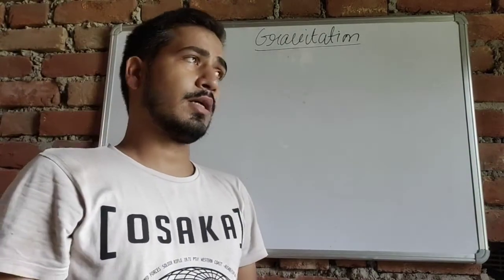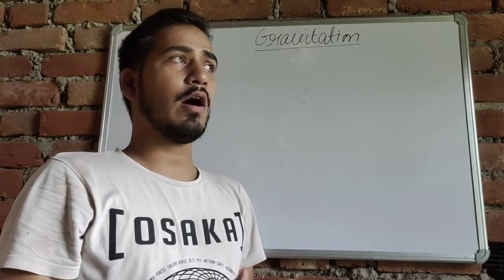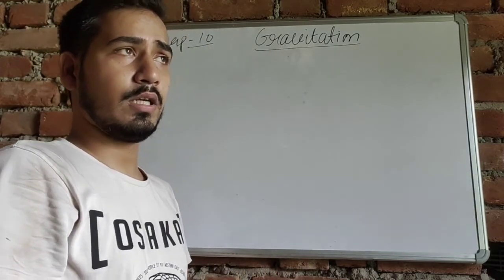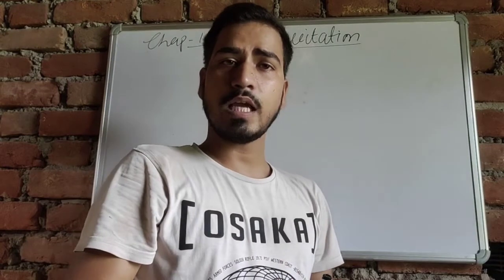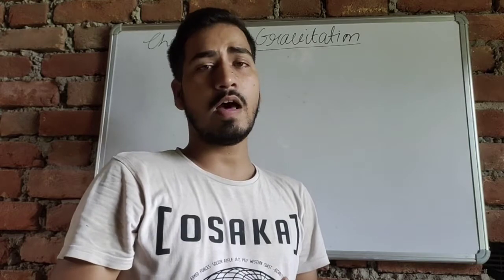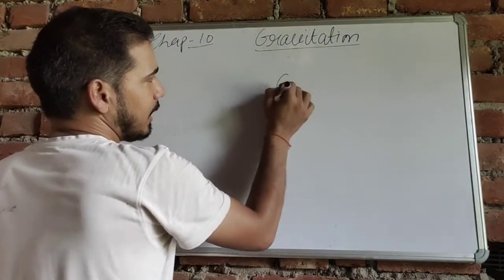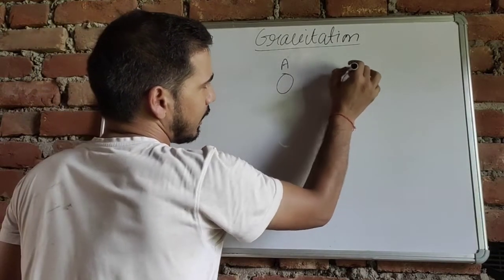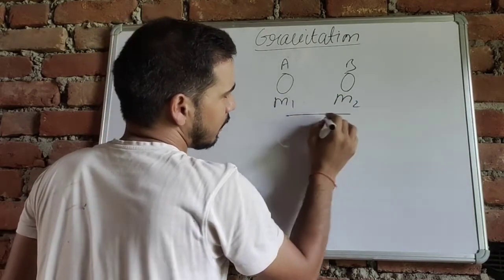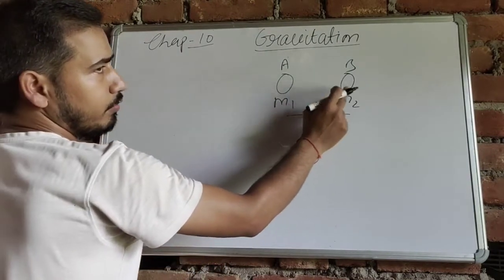I told you, Sir Isaac Newton very first discovered the gravitational force exerted on bodies due to Earth. So he gave a universal law of gravitation in reference to all the objects in the universe by generalizing the observation he made in the case of Earth and any other object. He said, if two objects A and B, of masses m1 and m2, are separated by distance r,